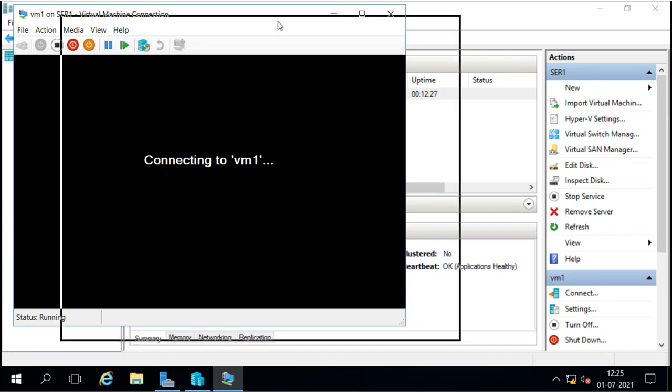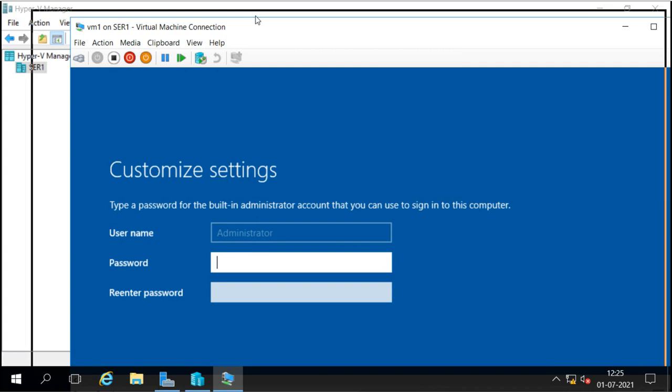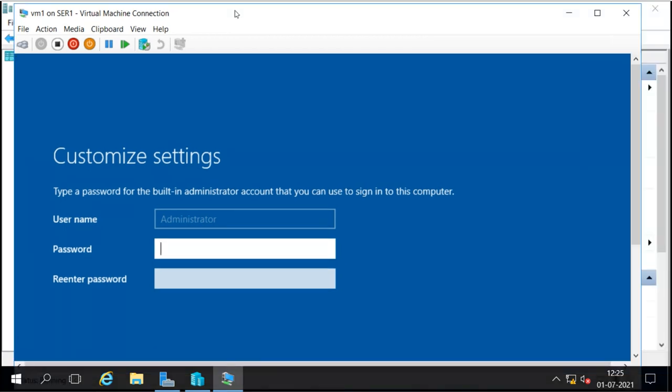It is connecting, and this is the Server 2016 we have installed here. It is asking for the password for the administrator, so we will provide the password and finish the installation.